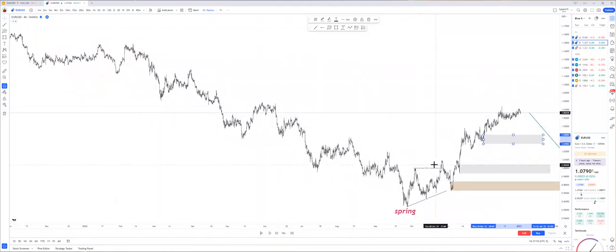Because before this change of character, price should have kept going down. Furthermore, from here, once this imbalance was filled, it should have kept going lower and taking this out. However, because it broke structure as well, which we can label right here,